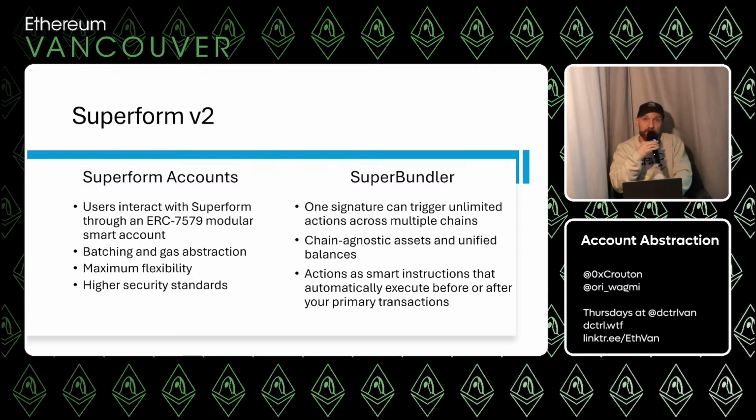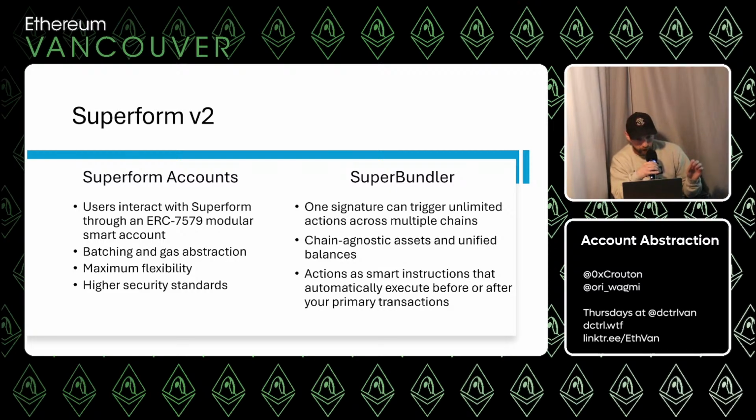Today, I have USDC on Arbitrum, USDC on Optimism, USDC on Ethereum, and these are all separate balances. With Super Bundler and Superform V2, we can have all of those balances unified. I just have USDC, and I can spend it from any chain, even from multiple chains in one transaction.